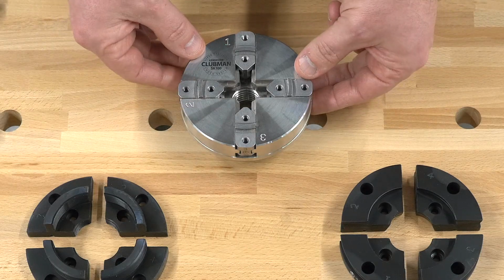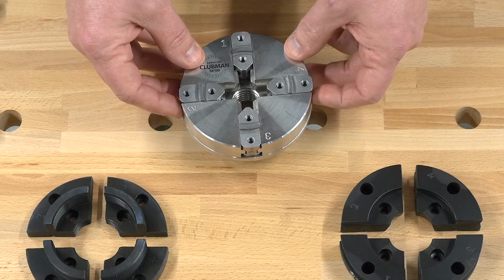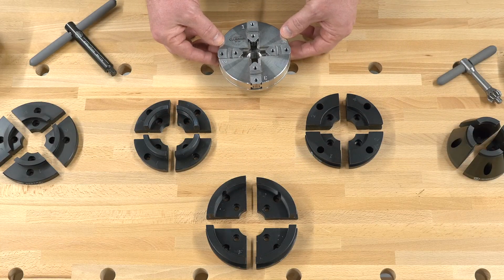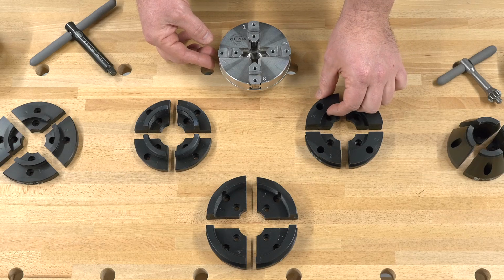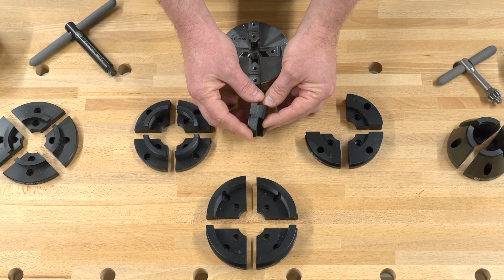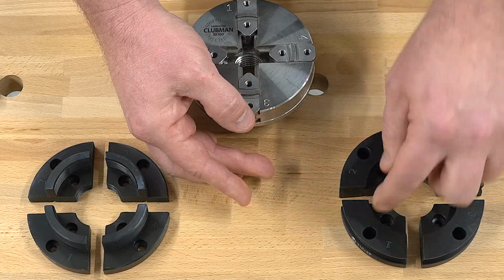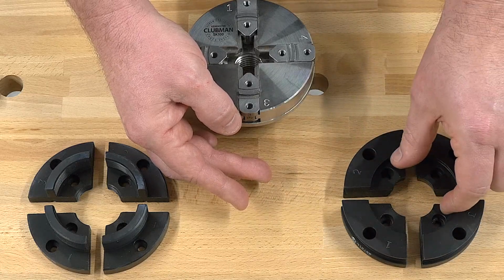So now we're moving on to the 100mm, so the SK100. And just like the 80mm chuck there, we have our safety jaw already attached. And we have, again, another 3 sets here, so just a small selection of what is available. I've got the A jaw, which is a dovetailed jaw, and again, like the previous dovetailed jaws, you've got the dovetailed section on the external and the internal. So for large platters, you've got a fantastic diameter there of dovetail, and again, small feet on bowls,